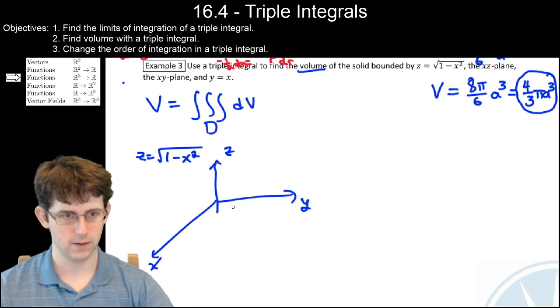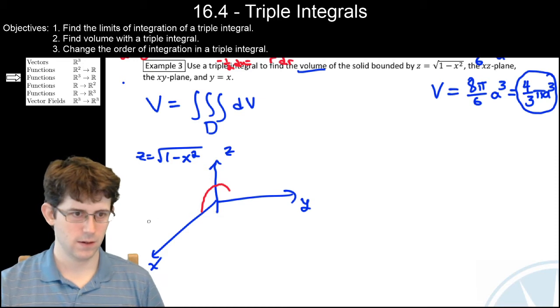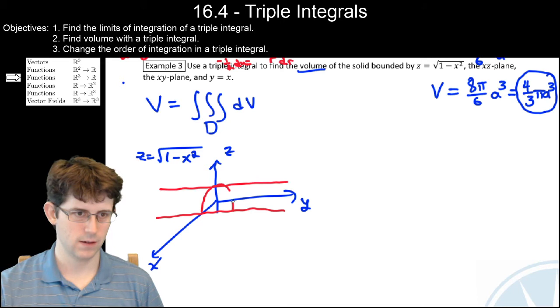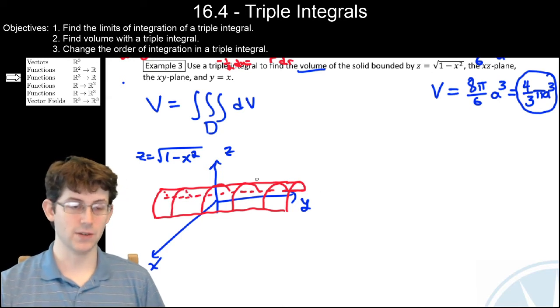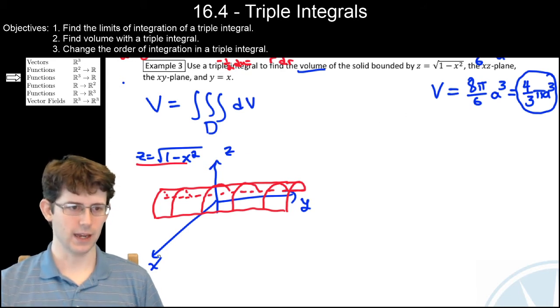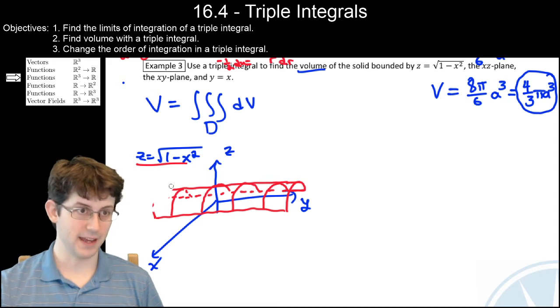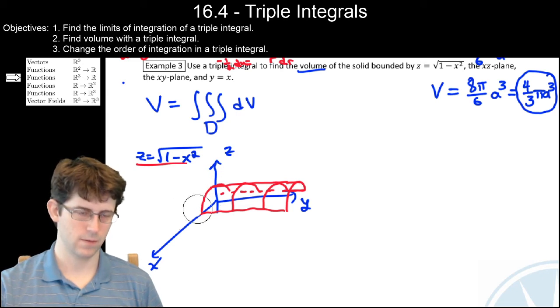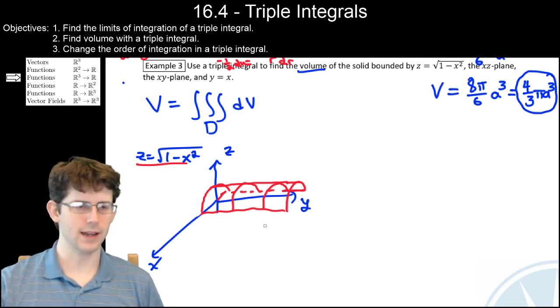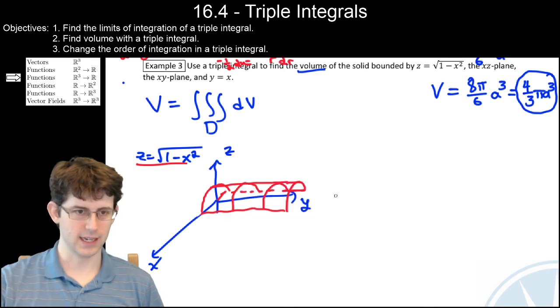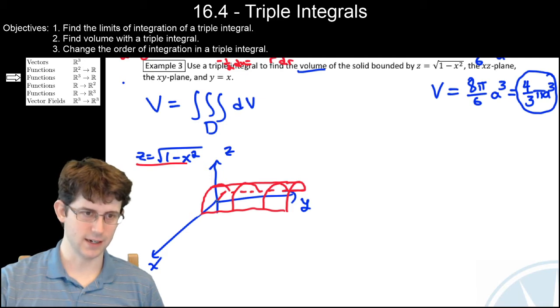Let's get another color. So you get a cylinder with these rulings. So this is z equals the square root of 1 minus x squared. The xz plane is just the place where y equals 0. So since we're bounded by the xz plane, I guess I can get rid of this part over here. The xy plane, okay, so we won't go below the xy plane, and then y equals x. Oh dear, y equals x. Okay, y equals x comes out here in the xy plane,